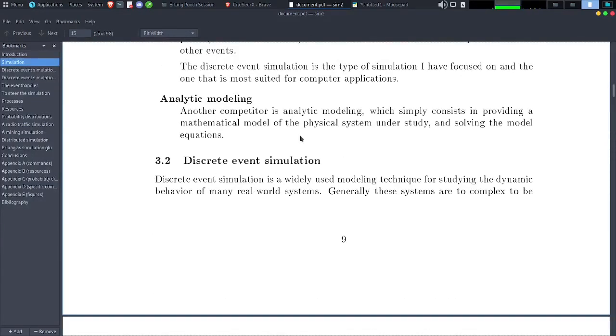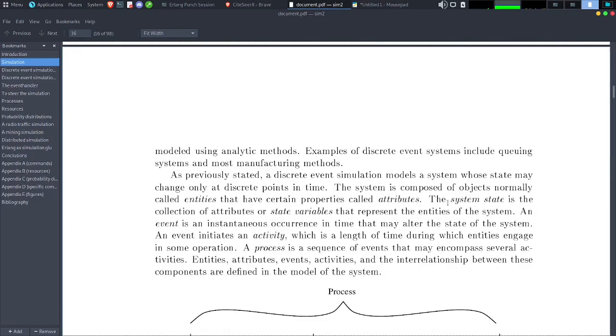Okay, let's take a look at discrete event simulation. Discrete event simulation is a widely used modeling technique for studying the dynamic behavior of many real-world systems. Generally, the systems are too complex to be modeled using analytic methods. Examples of discrete event systems include queuing systems and most manufacturing systems.